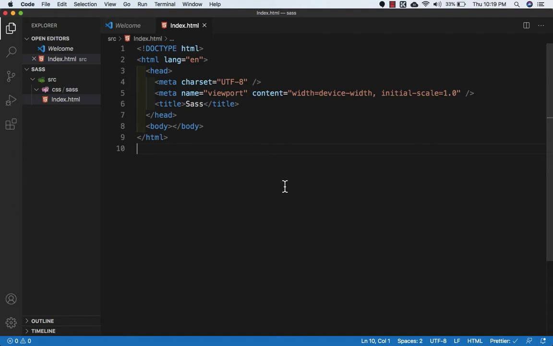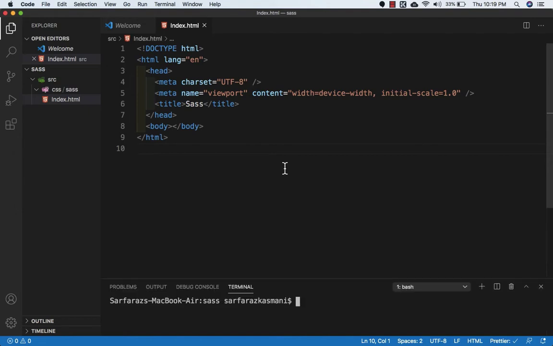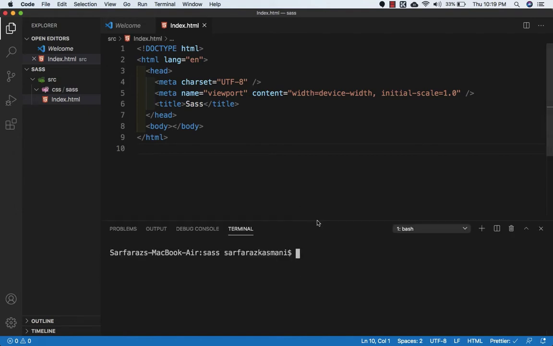To open the terminal, we need to press Ctrl and backtick key. So here we need to initialize our application using package.json file. So I'm going to create that file using npm. So I will say npm init. And to avoid the questions, I will just say -y. This will avoid all the questions and create a default package.json file in your root directory